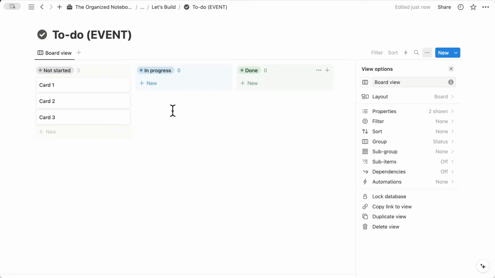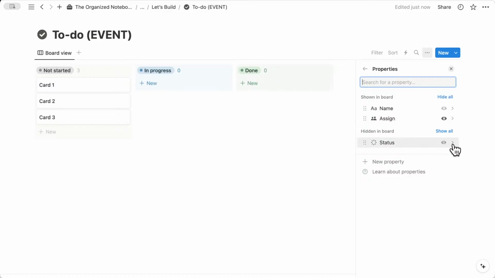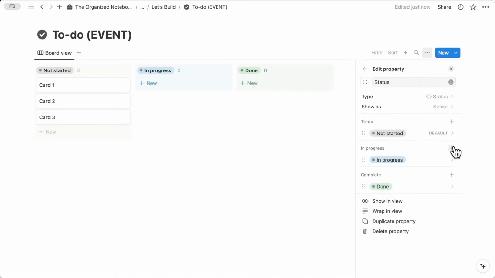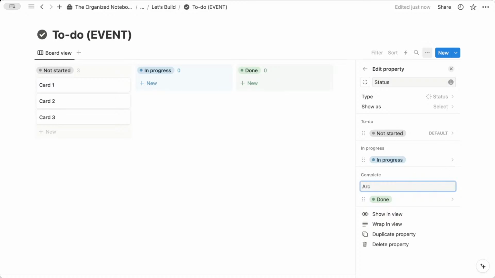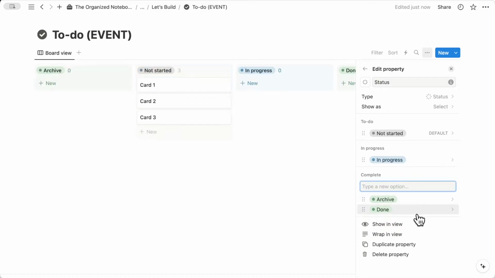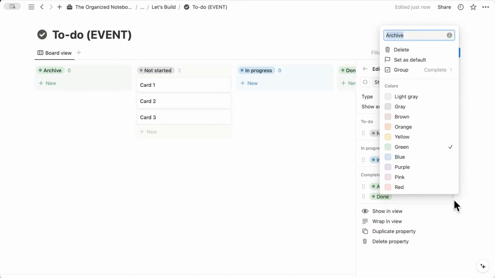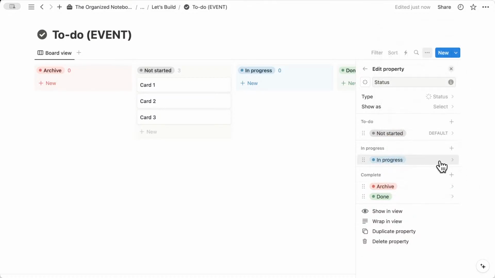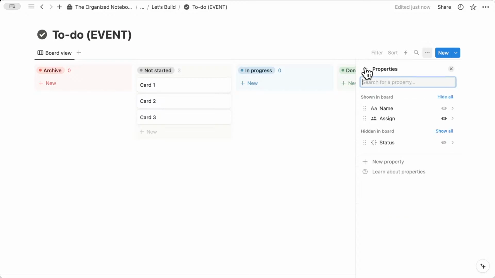So we now have not started, in progress, and done, but it would be really nice to have an archive option. So we're going to go to our properties, then click the arrow here, and we're going to add plus here and add another one called archive. And here we can even change the color to red. And once we have that, we can go back, and now you can see that archive appears here, which we